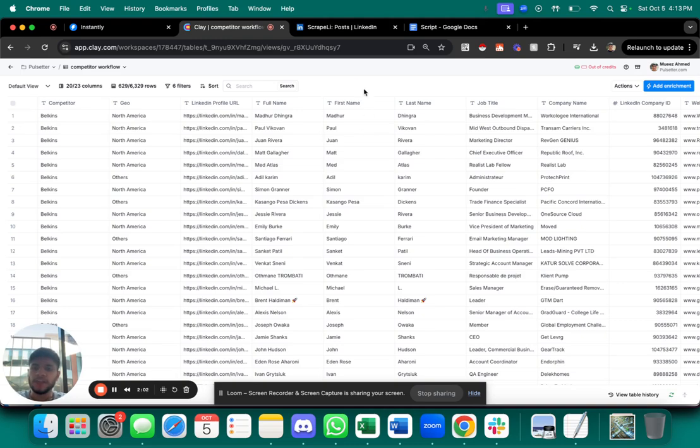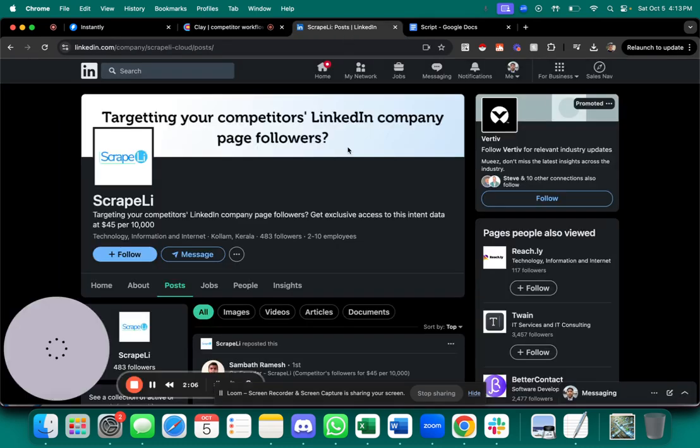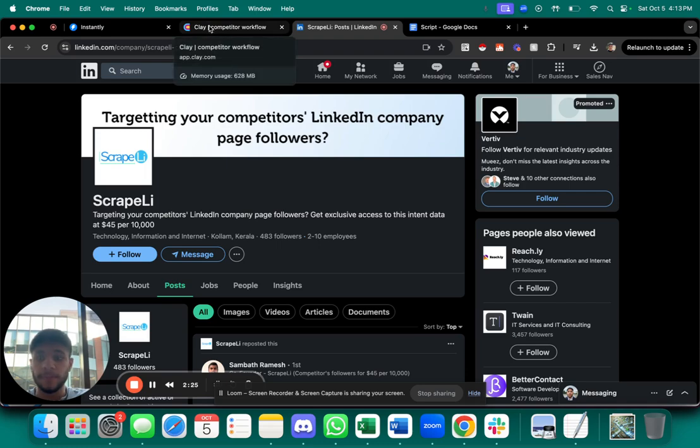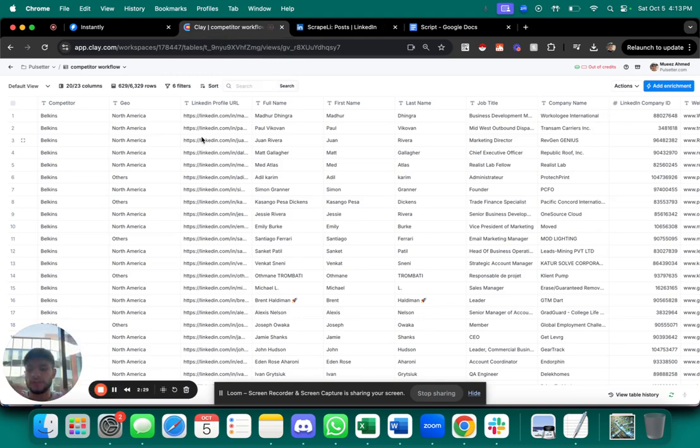But essentially the way it works is that once you've found the LinkedIn profile, you want to go over to Scrapely and contact them and purchase the LinkedIn profile scraping, LinkedIn company page scraping. Essentially it's going to be around $45 per 10,000. After you've purchased the list and it's gotten to you, which usually takes around 24 to 72 hours,